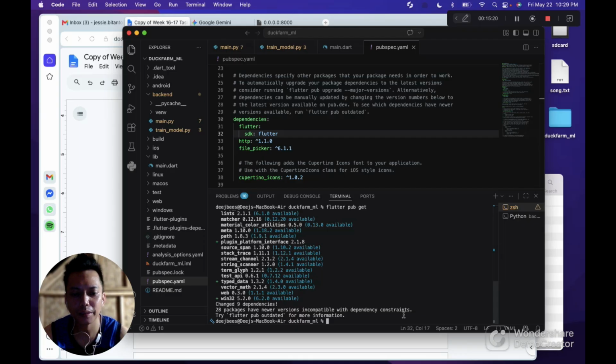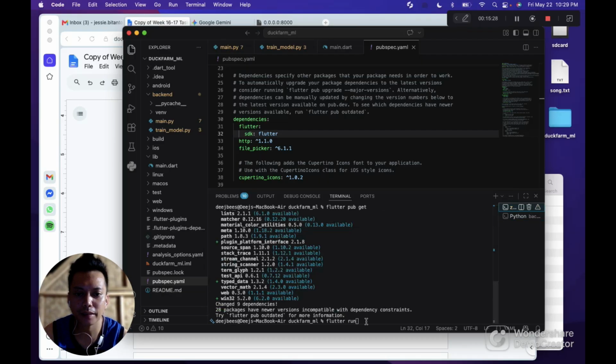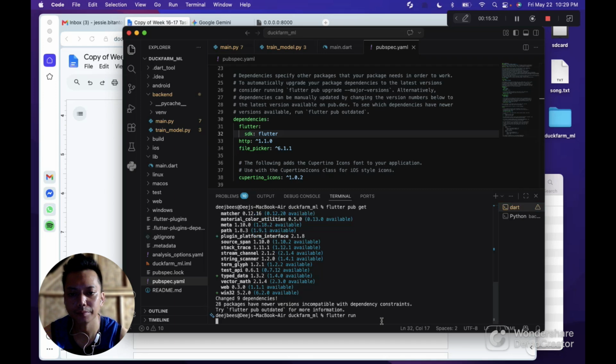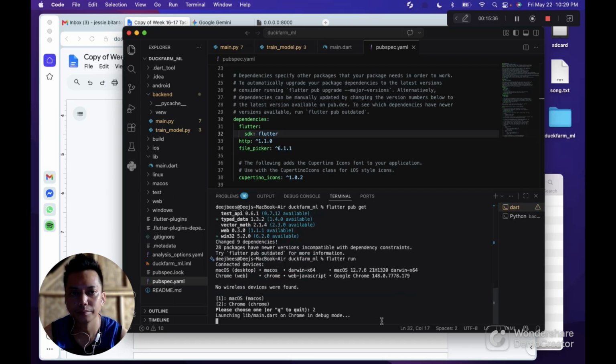Okay, it's done. So we're now going to flutter run. Make sure your FastAPI is running. Don't close the FastAPI. Then run the Flutter in the other terminal. Then we will just wait.